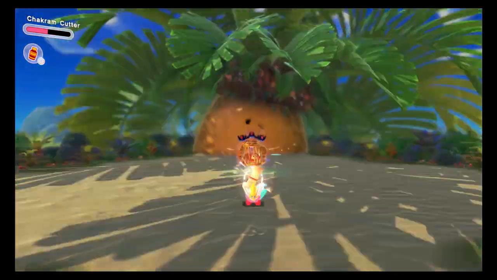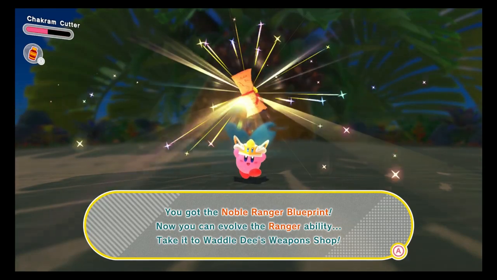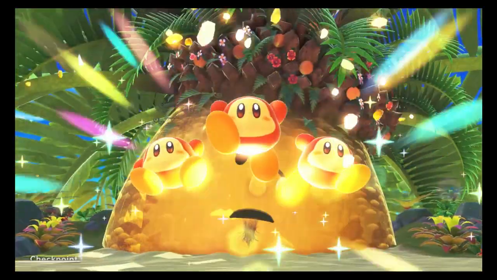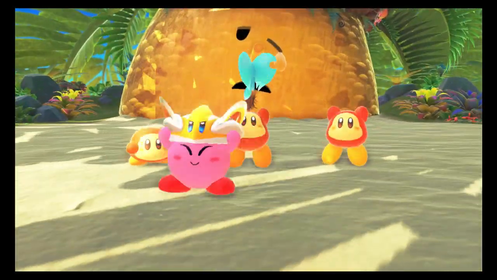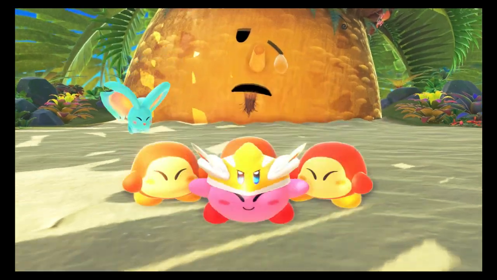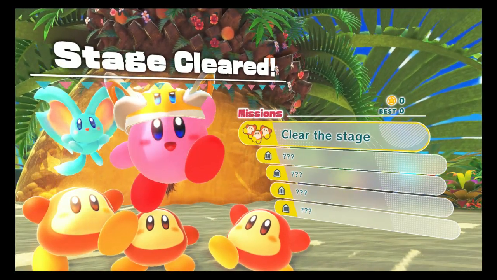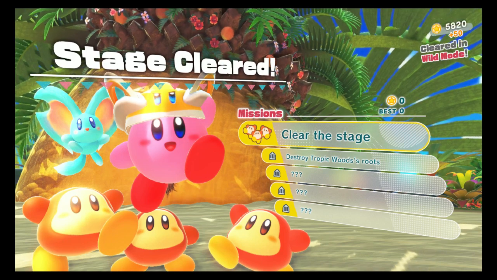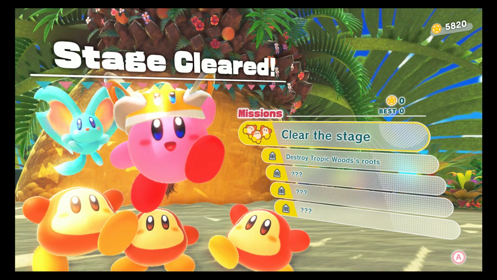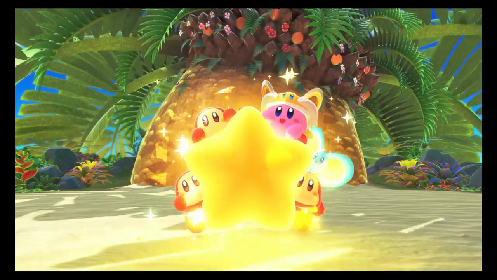Okay. Oh, blueprints. Noble Ranger blueprint. Ooh. Okay, well we're going to take a look at that then. Destroy Tropic Woods roots. You know, I had a feeling that was going to be one of the objectives, but I didn't really see how I could destroy them. Alright. Well,